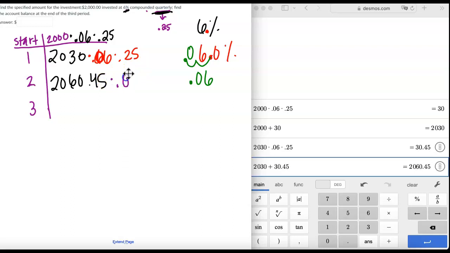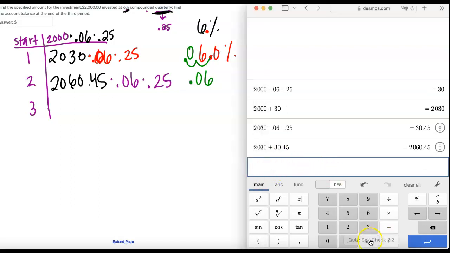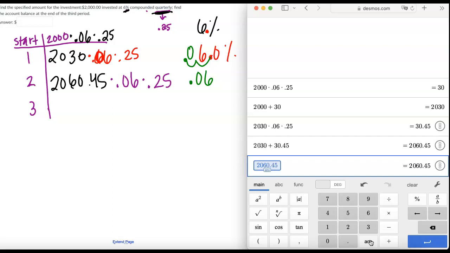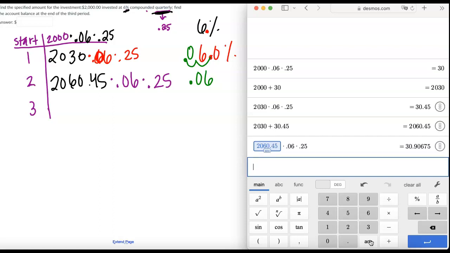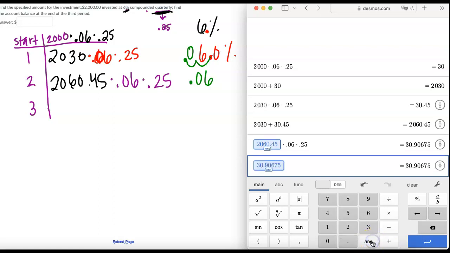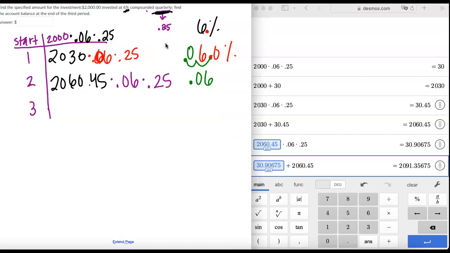So times 0.06 times 0.25, and that's going to tell us what our interest is going to be. I'm just going to use the answer key so I don't have to type that all in. 0.06 times 0.25. And that's our interest, right? So same thing. I want that interest, and I'm going to add it to our balance. Okay, so after the third period, our new balance is